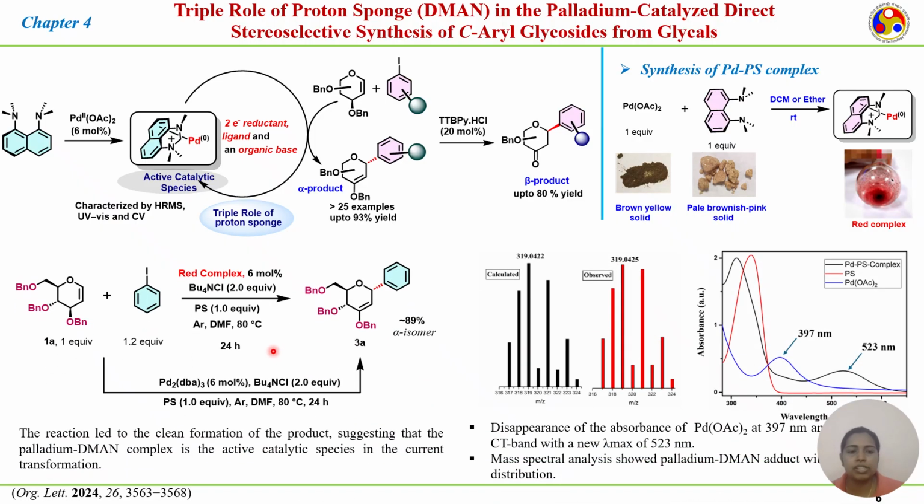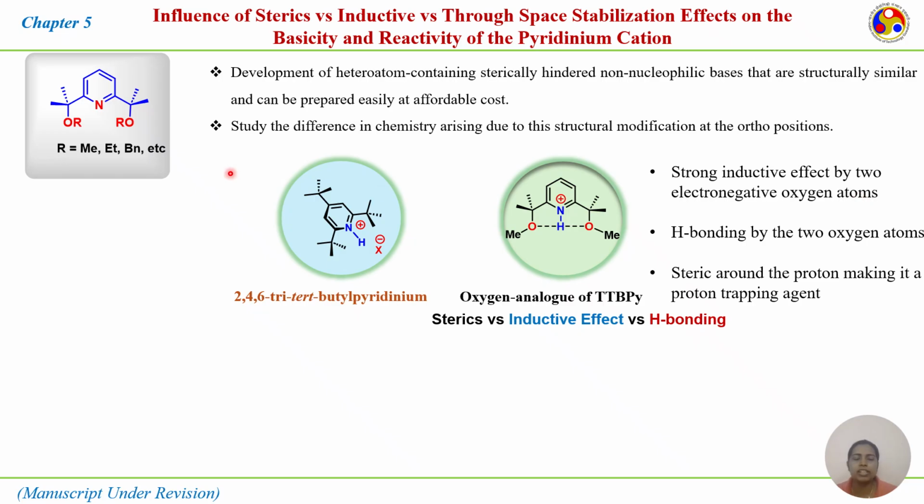When we used this red complex in our reaction, it afforded the product with 10% yield with alpha selectivity. And to check the role of palladium 0 in this catalyzed reaction, we used 6 mol % Pd2(dba)3, but in this case also we got the product with alpha selectivity. So this reaction clearly tells us that this palladium proton sponge complex is the active catalytic species in this current transformation. In this fifth chapter, we have developed some heteroatom-containing sterically hindered non-nucleophilic bases which are structurally similar,